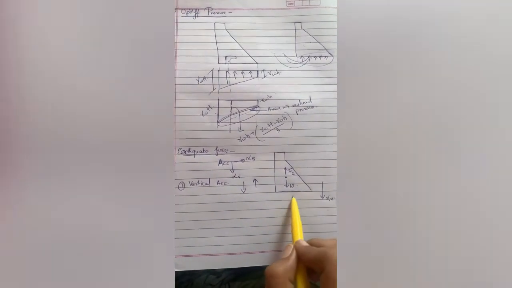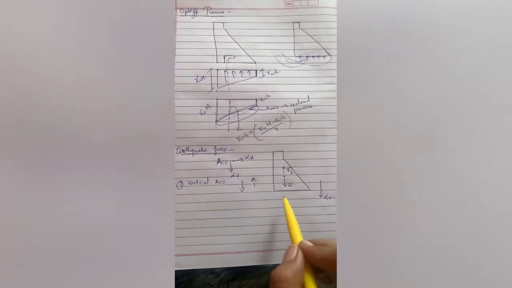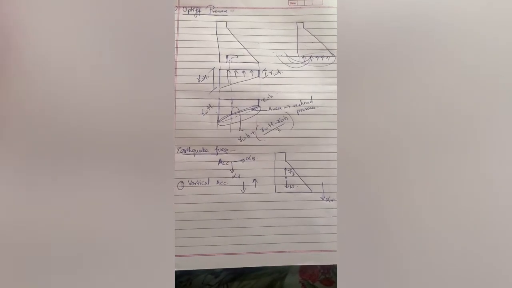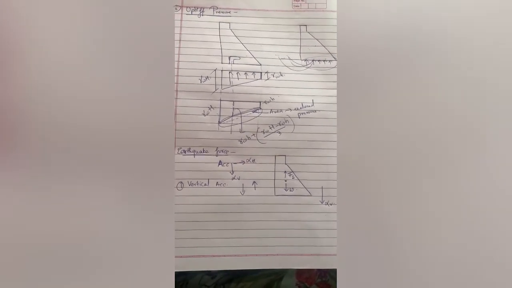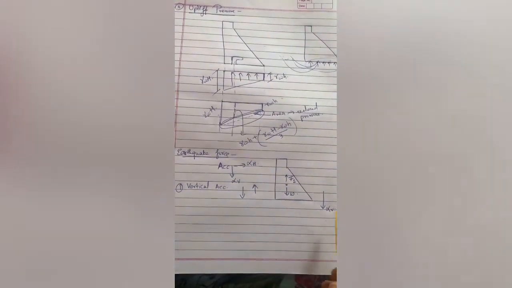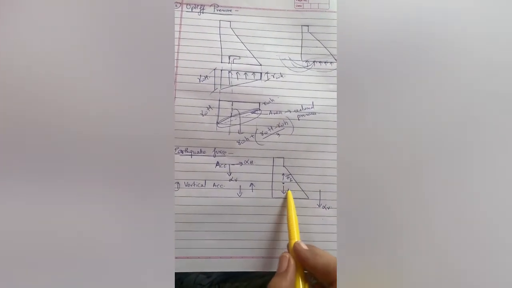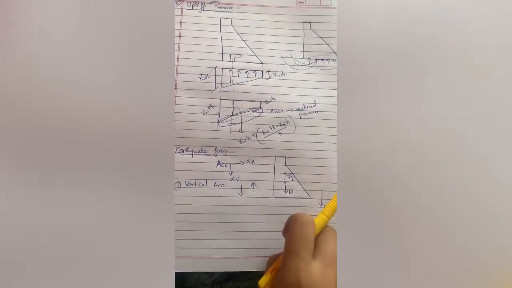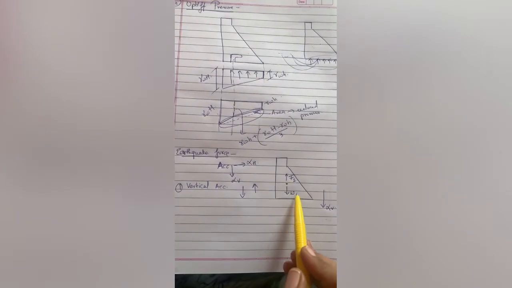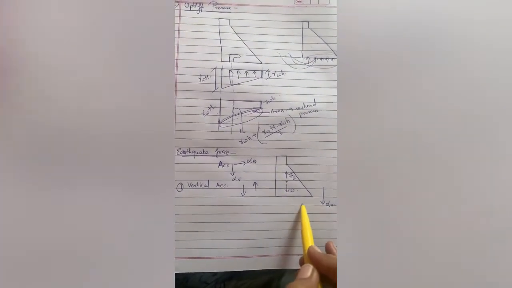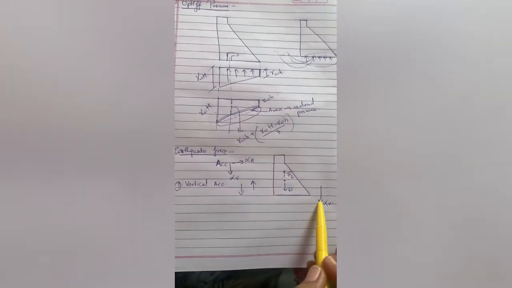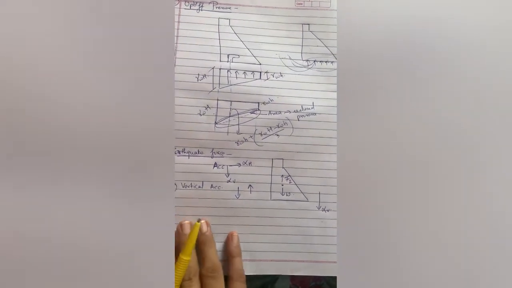Suppose, for example, you are in a lift and you are going down through the lift, then your body feels weight. You must have experienced it. In a similar way, suppose vertically downward acceleration is acting on the dam, then the dam will go in downward direction. Therefore this inertial force is acting in upward direction, and the self-weight W is acting, which helps the gravity dam resist failure. So this inertial force is acting to restrain this acceleration in vertically downward direction.